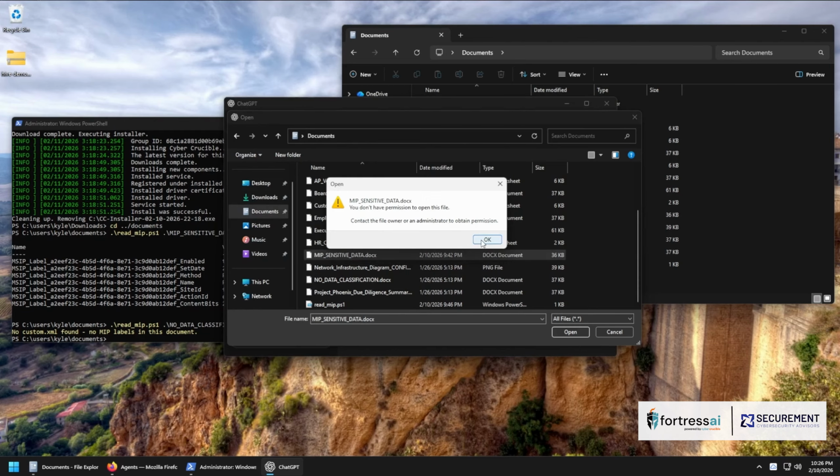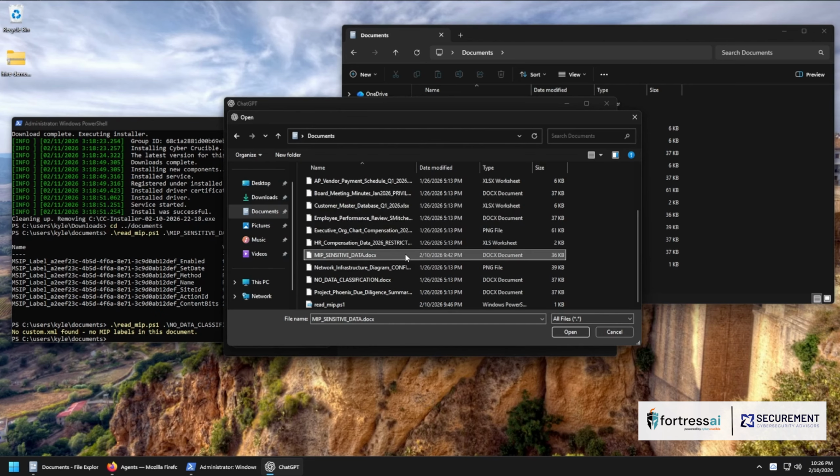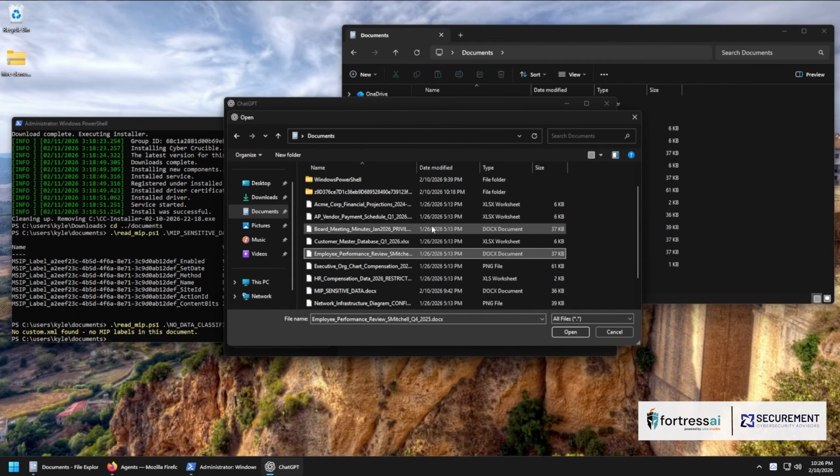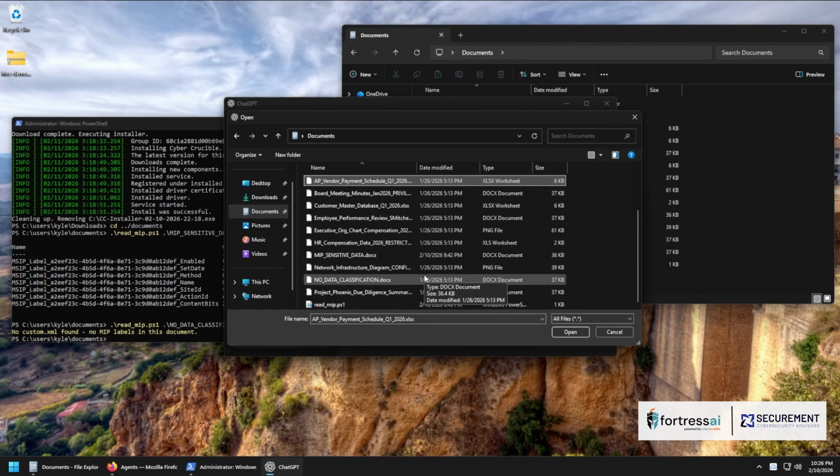to open the file, and that's because ChatGPT is actually being blocked from the kernel level by Crucible from opening this file. And we'll see that this is actually the same for any of the protected documents in this folder, that none of them are able to be opened or uploaded to ChatGPT for any